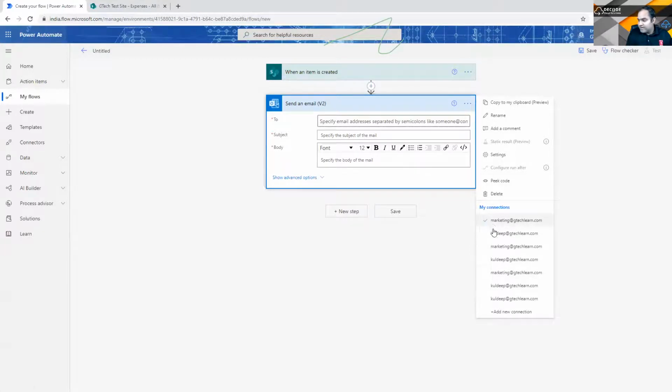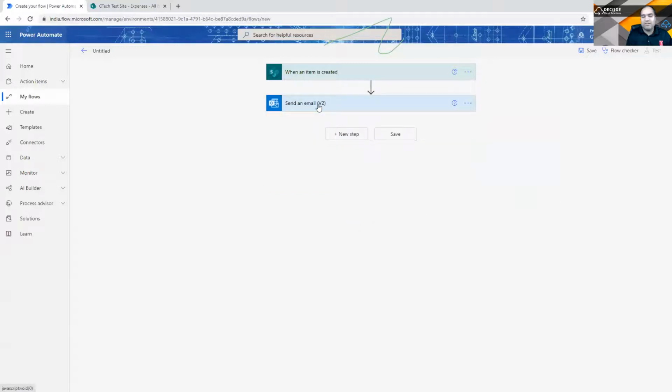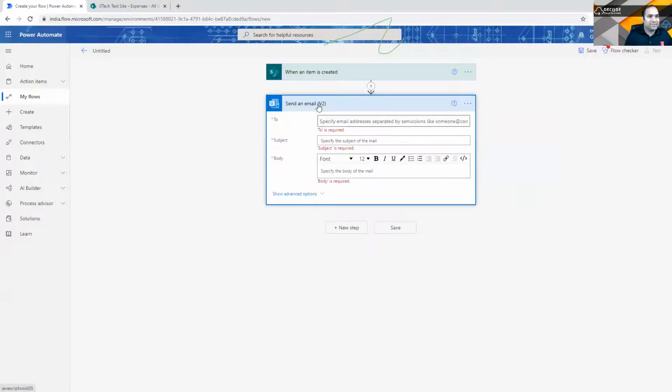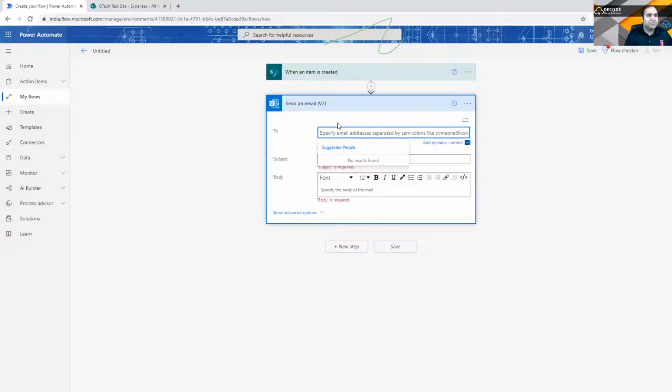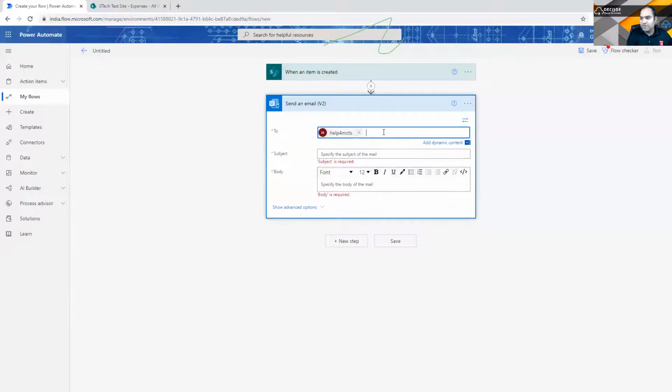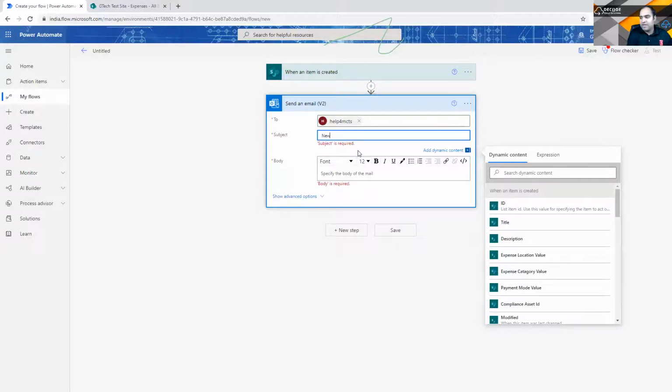It could be with various connections which I've already created, and we will be exploring them a little bit later after this demonstration. I click on this particular area, which specifies to whom I want to send this email. I can add some dynamic content as well, which we will be adding a little later in the same demo. I want to send it to one single person because that person wants to be notified when a new item is added to the list. What is going to be the subject? Let's say new expense entered